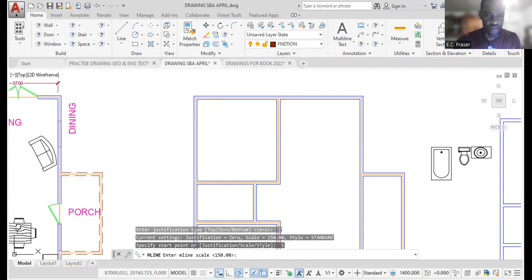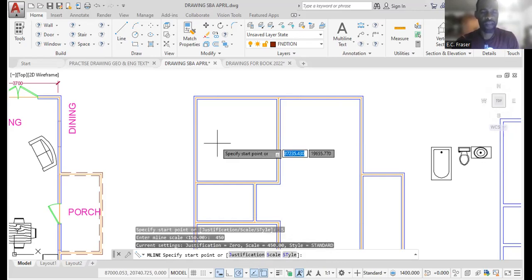So here, I'll be changing my scale. I'll be changing this from 150 to 450. 450, enter. Now that I've done that, my next step is to ensure that orthogonal mode is turned on. Once I've done that, I go into the center and I click